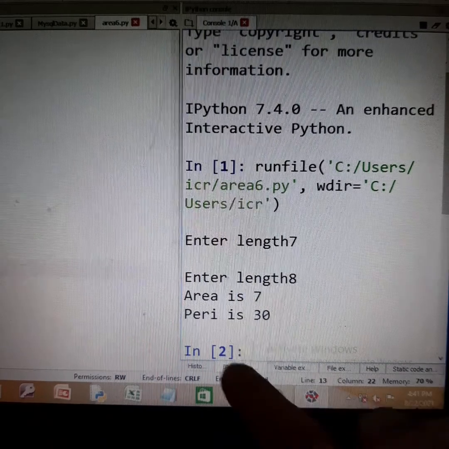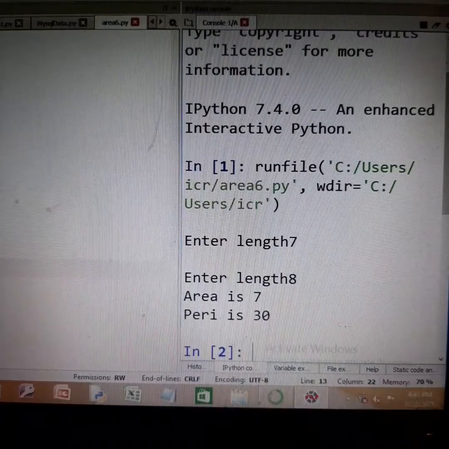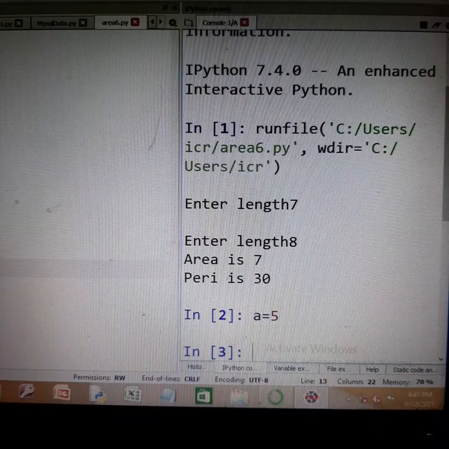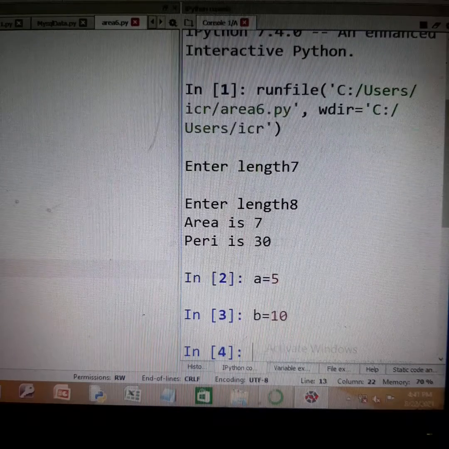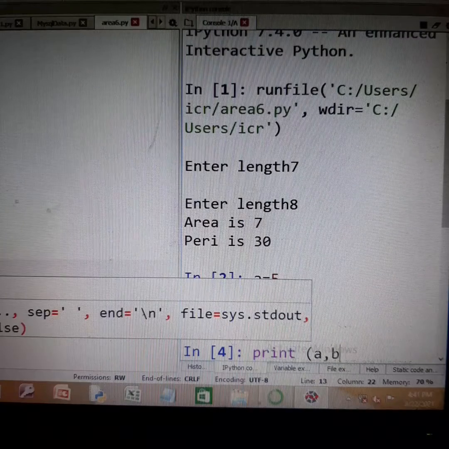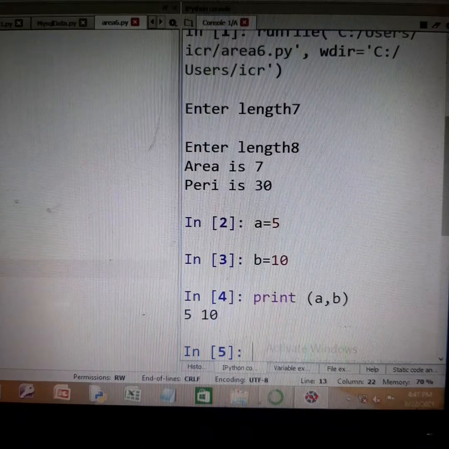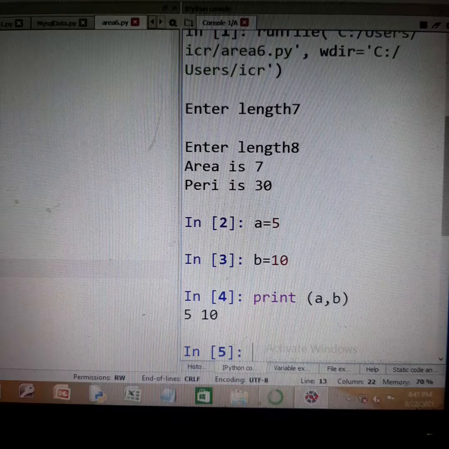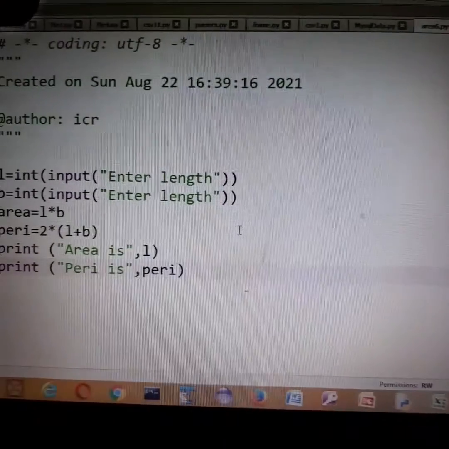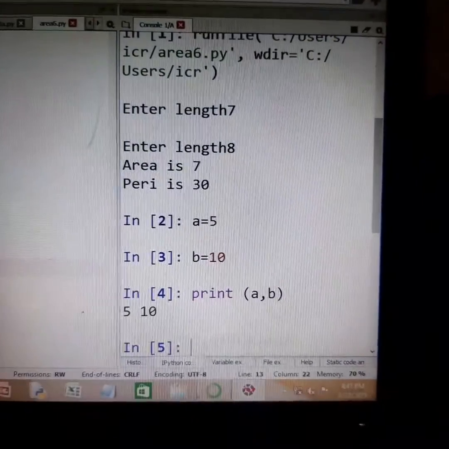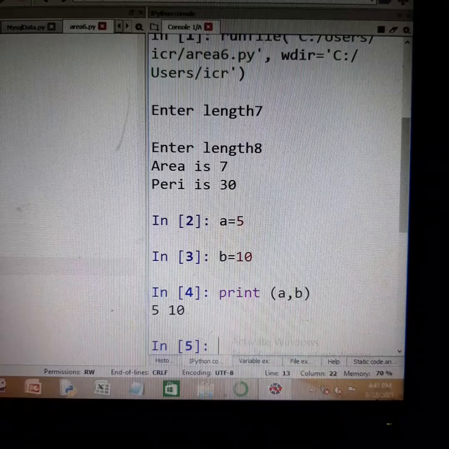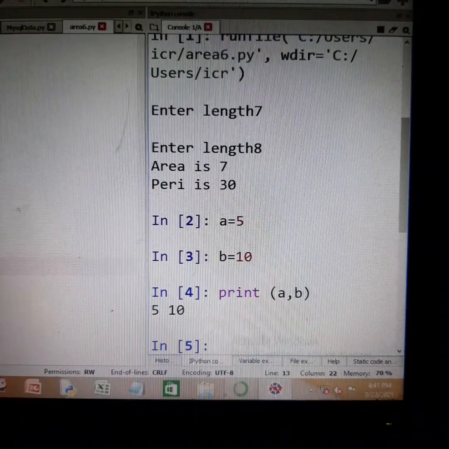Now what you are seeing over here is the interactive mode. If I give here A is equal to 5, B is equal to 10, and I write here print A comma B, it's going to give me 5 and 10. So in Spyder itself you have the scripting mode on this side and the interactive mode on this side, and your outputs are going to come in the interactive mode itself.